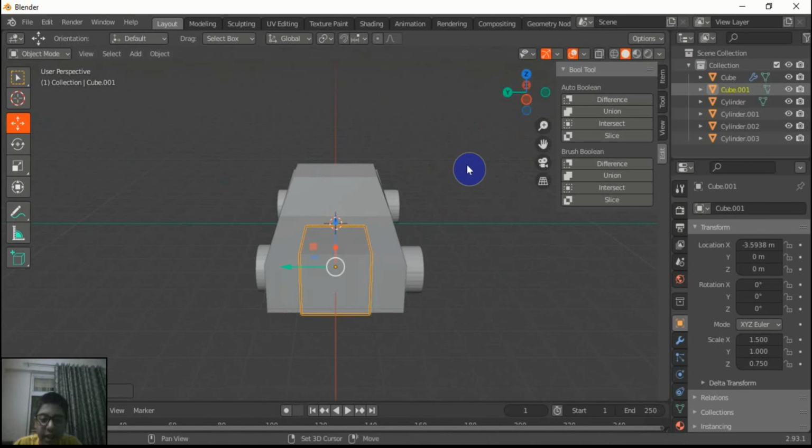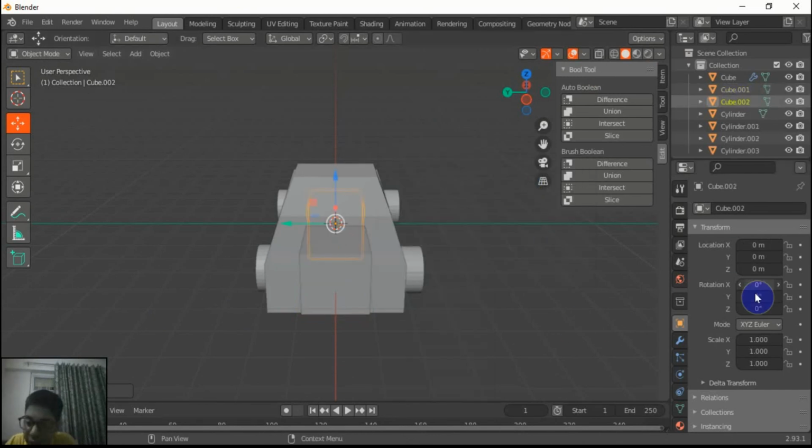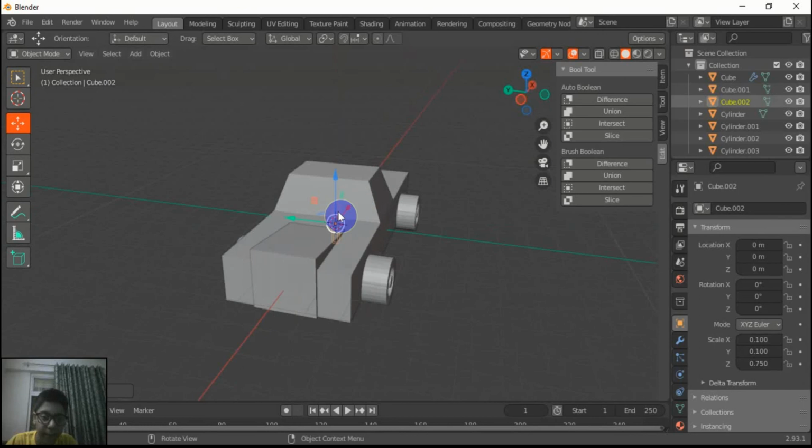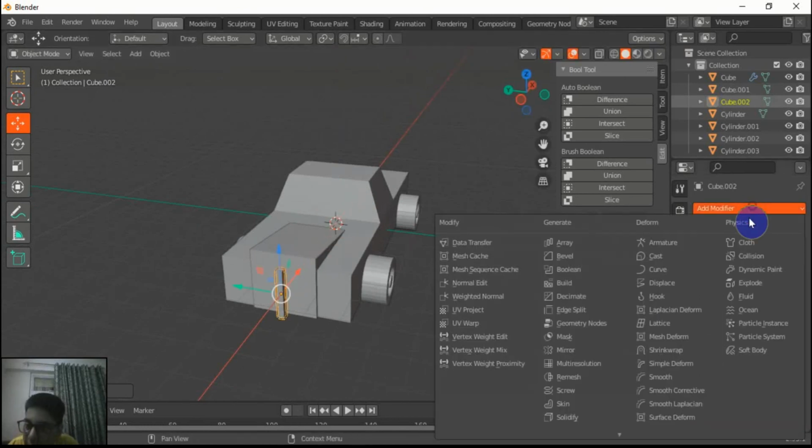Now we'll make its grills. For grills also we have to choose cube only. For grills it should be 0.1, 0.1, 0.75. Now again go to this add modifier.